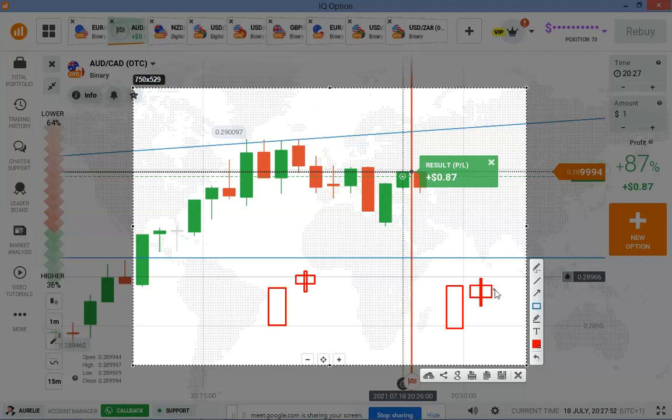Okay, this pattern here might form green on the next candle, or it might form red on the next candle. This pattern here is always a red. After green, then abandoned baby, it's always a red. Okay, this candlestick here can either be green or red. It can either be green or red.